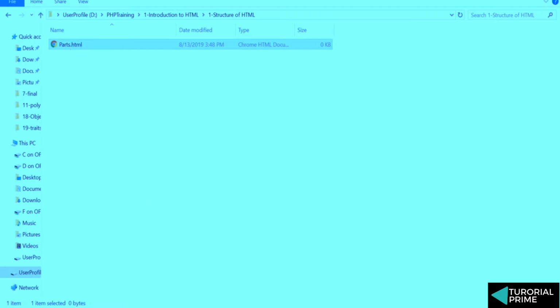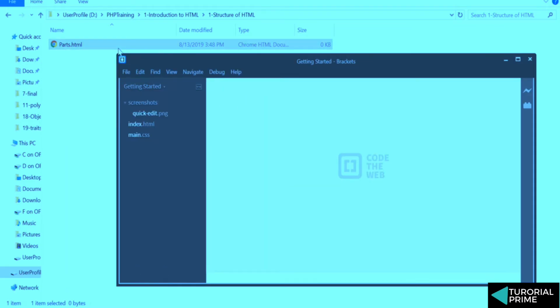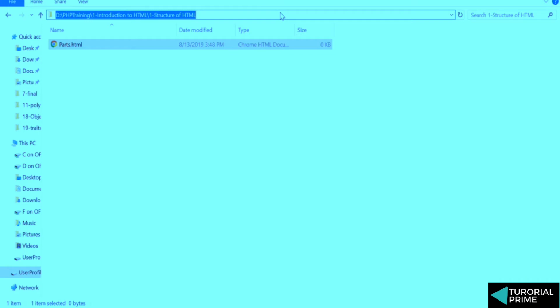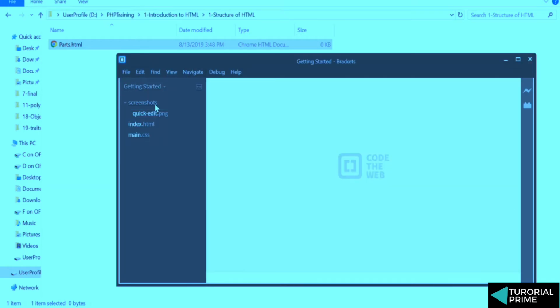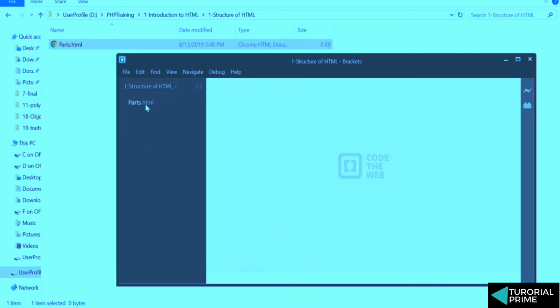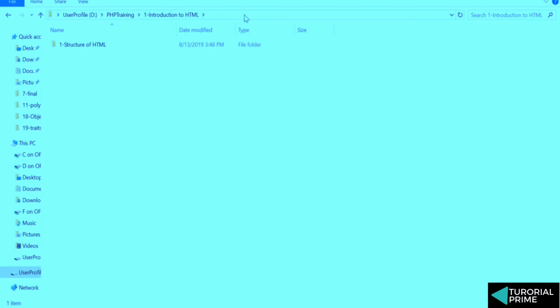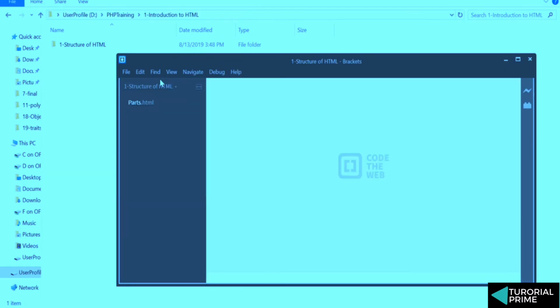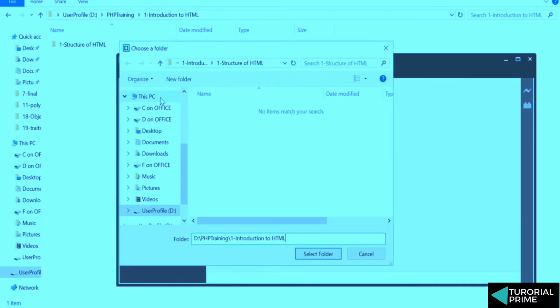To open this, you can open your Brackets and drag and drop, that's one way to do it, or you can open this folder. You can copy this folder, you can say open folder, and all the files that you created here will be visible. You can even go one level up, open folder.